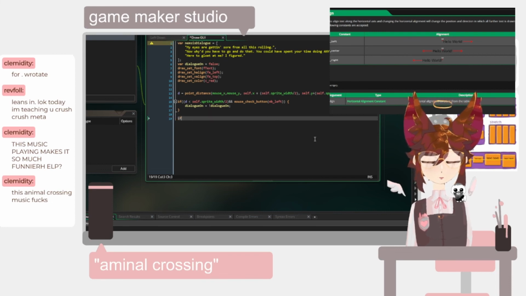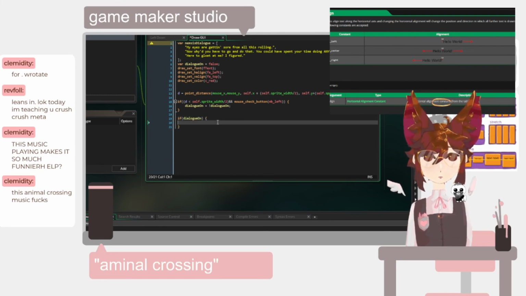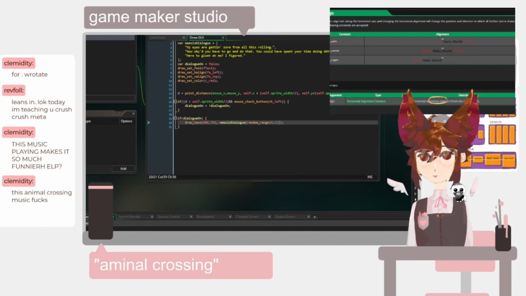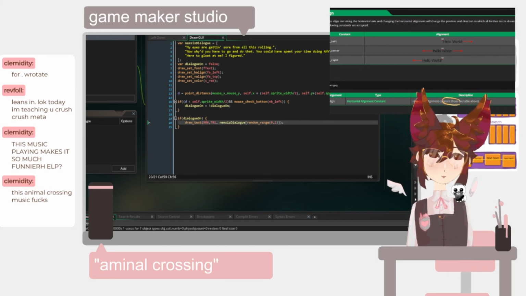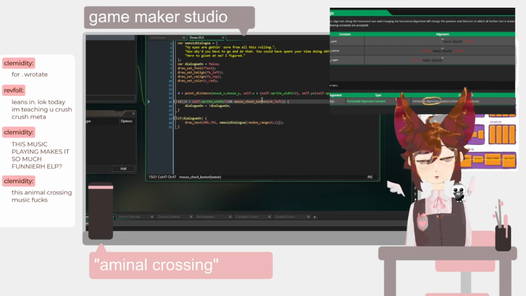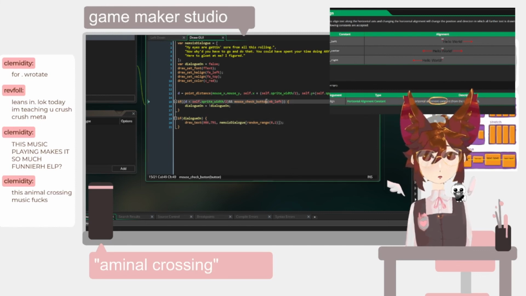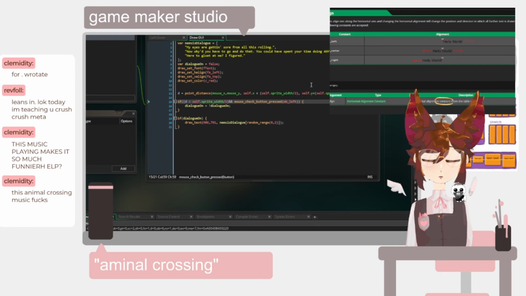And then we'll say, I guess, if dialogue on. This is not gonna work any other time, but draw that. Will it draw it and stay there? No, damn it, it didn't. It still does, it still clicks. Maybe now I want to check if it's pressed. Oh yeah, now I want to check if it's pressed, because I just want it to click once. If I click on him,